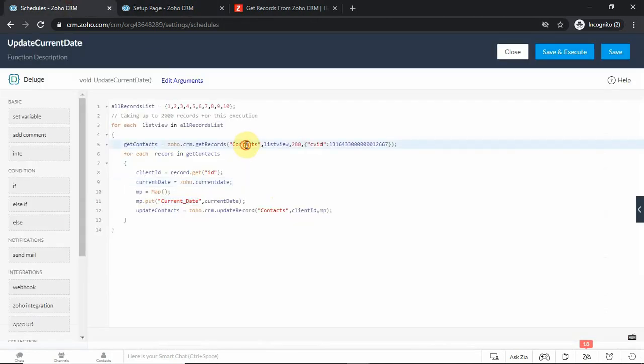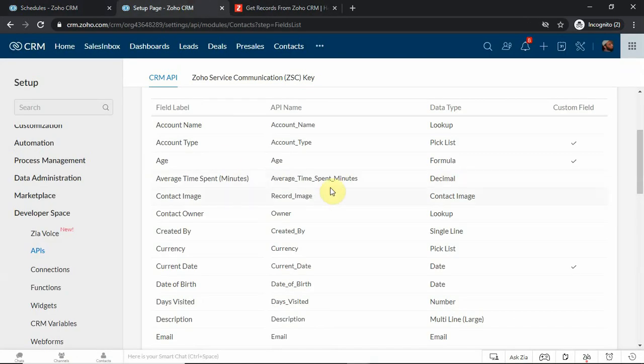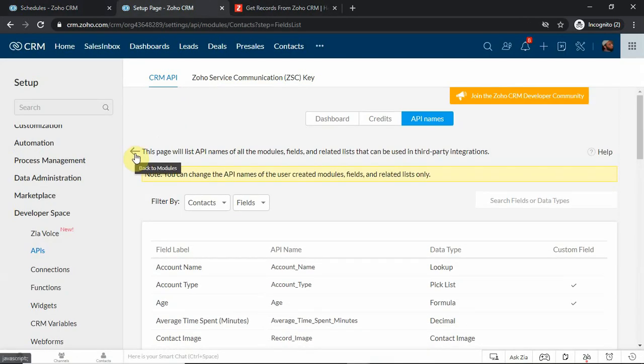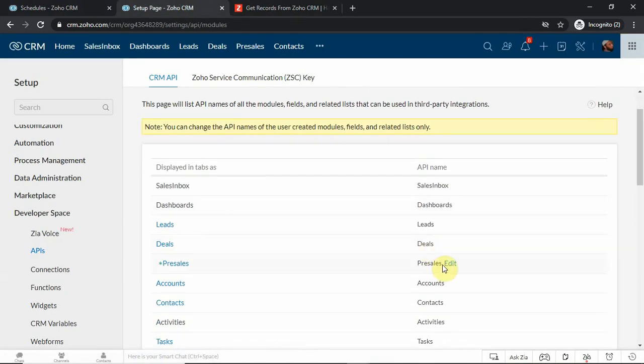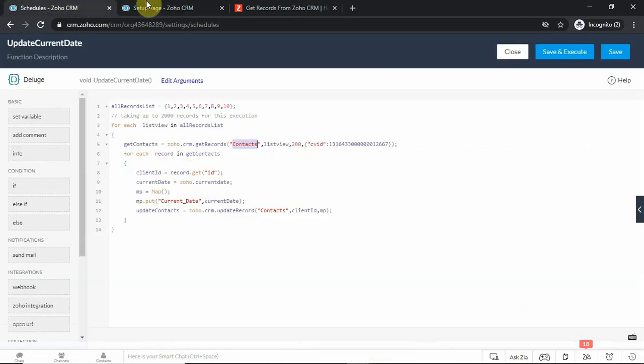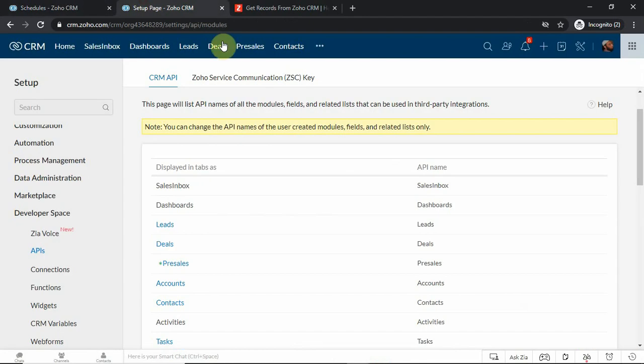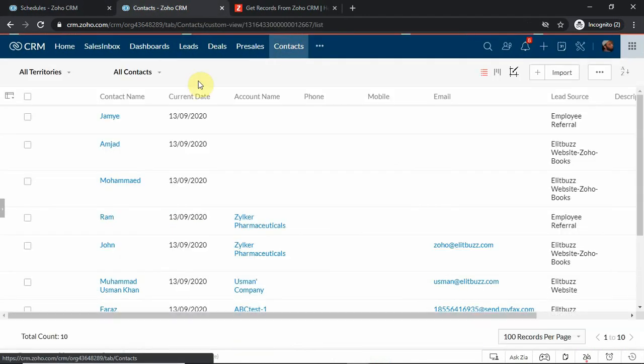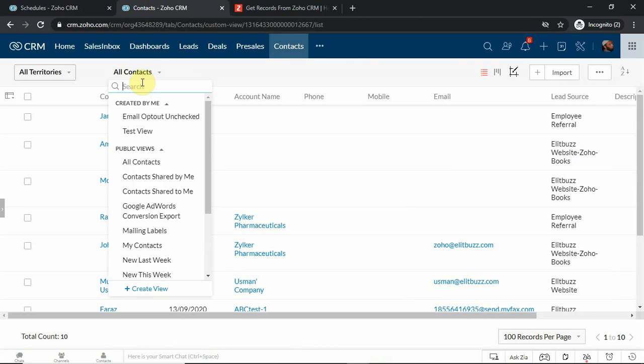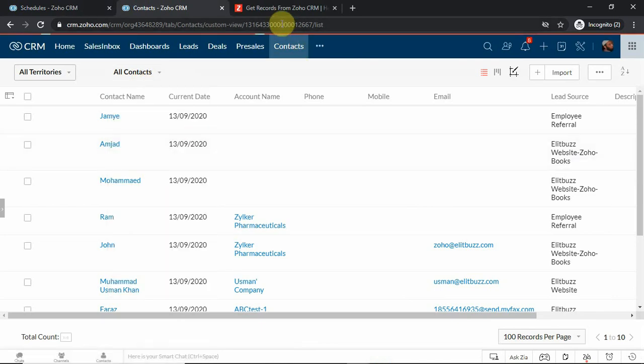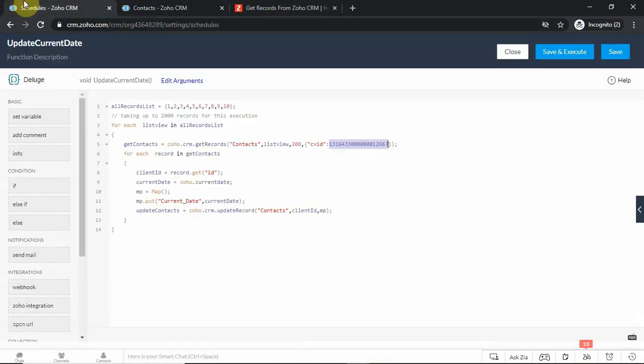And then for modules also, I should be using the correct module API name. Because I'm using the contacts module, I should be using this. And then my custom view ID. So whichever custom view I wish to refer to here, I have to go to that custom view, and then I have to use this custom view ID here.